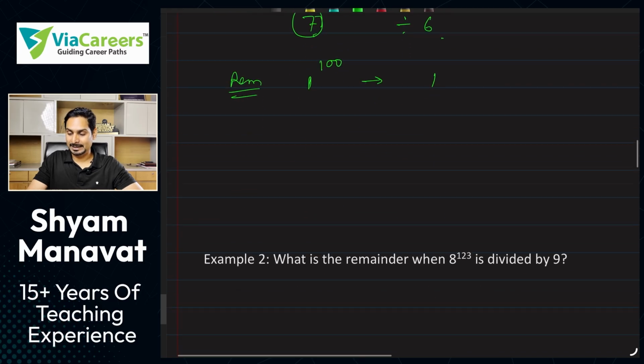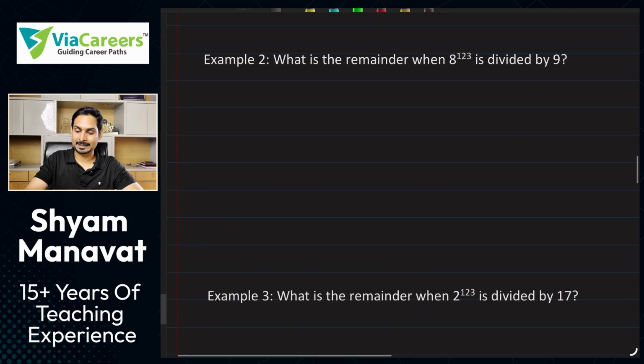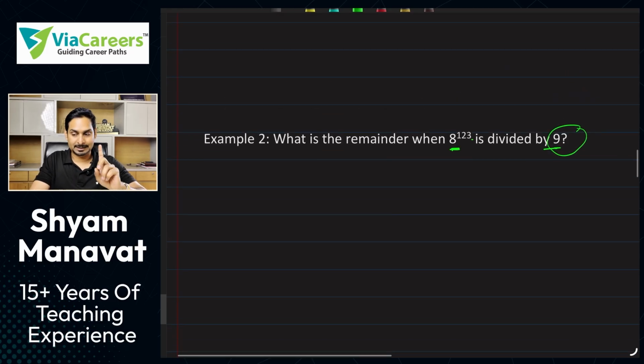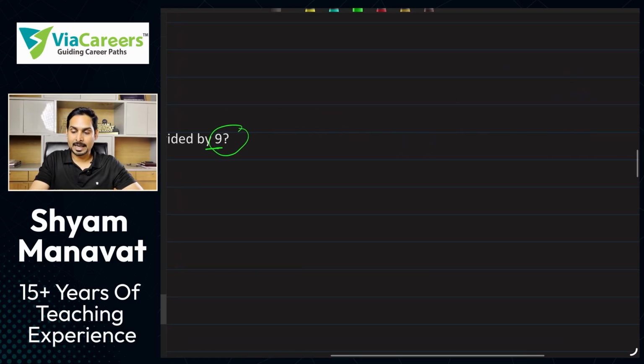Let's see, we have more examples here. Okay, let's check more examples. Now this time we have 8 raised to 123 divided by 9. Now pay attention here. We are learning something new in this case. We will take a hypothetical